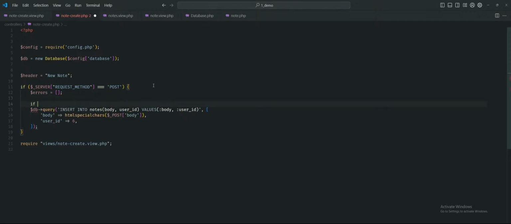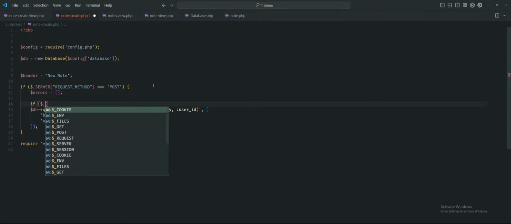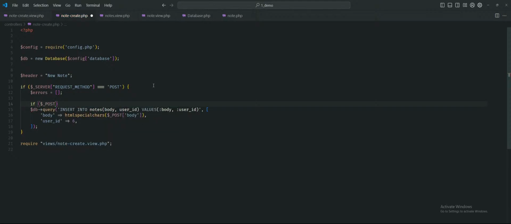Then if the post body is empty, we could just say it equals this, we can do that. But to be clearer, I just use strlen of post body is 0. Then